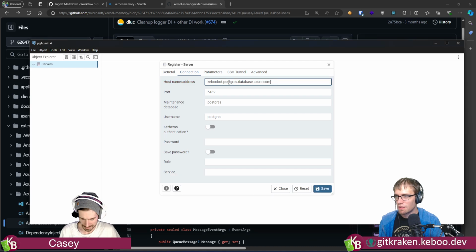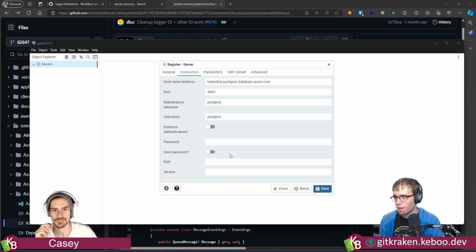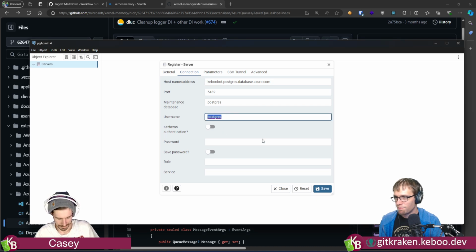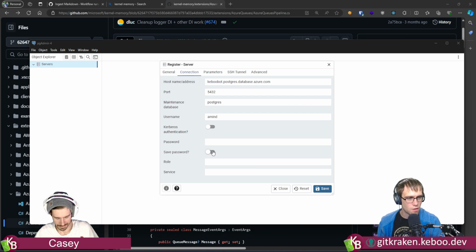I'm guessing whatever it saved must have been related to my location because I have definitely changed locations. Let's see, maintenance database, leave the default. Enter the username, misspelled admin. Okay, password. Click on the save password checkbox if you want it to be preserved.